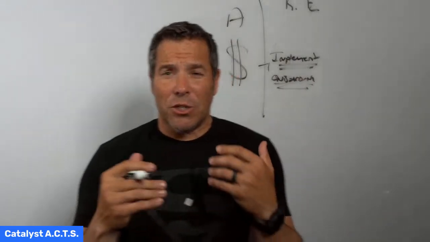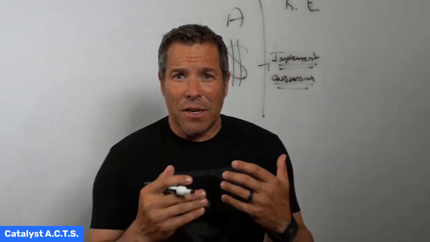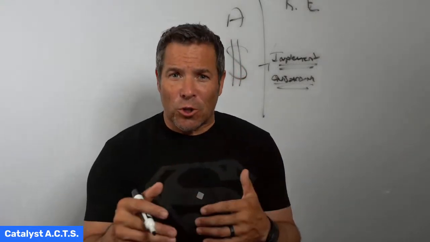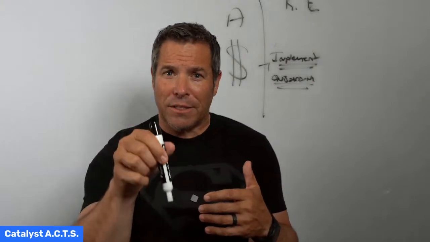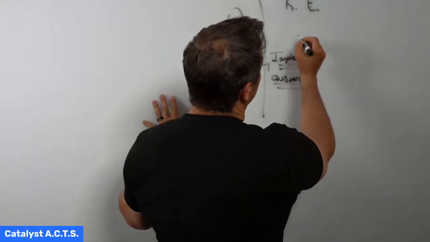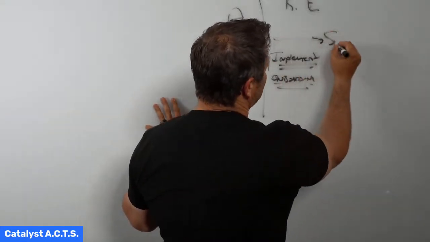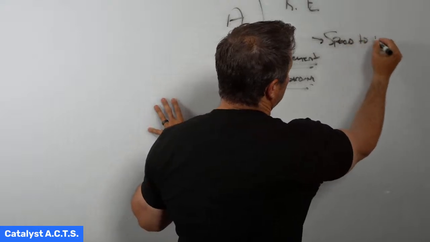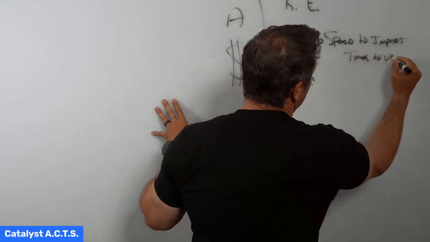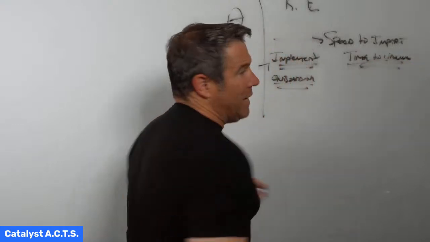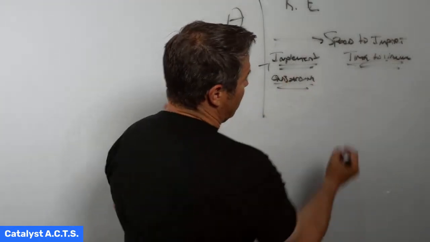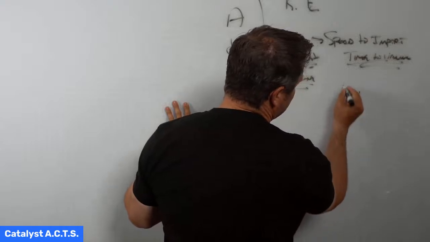And when you do that initial implementation, one of the first questions that you should be asking in this part of the process is, what do we need to accomplish here in the short term in order for you to be able to communicate inside your organization that this is successful, that this is working? So what I want to look at here is, how do we accelerate speed to impact? Or another way to look at this is time to value. What's that first value point that we need to hit in that first 90 days with any engagement? And how do we design for it? So if we know what that value point is, we can design backward.